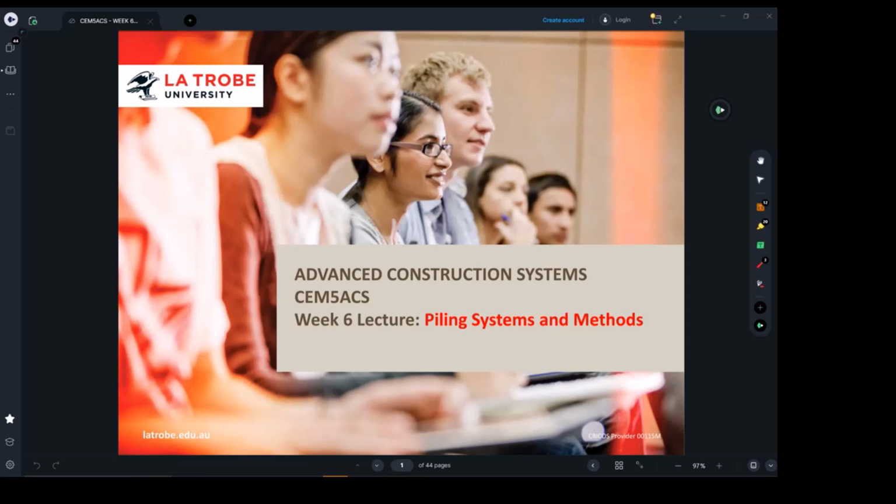We've worked with the engineering drawings, the school project during the workshop, and we started talking about the first two questions for assessment 2 that you should start working on. So that's where we are, and this week we're going to talk more about the construction methodologies. Beside that, today we will not only talk about those piles we mentioned last week, we will also talk about different types of piles, for example driven piles. So today we're talking about construction. They can be driven or they can be bored. We will talk about